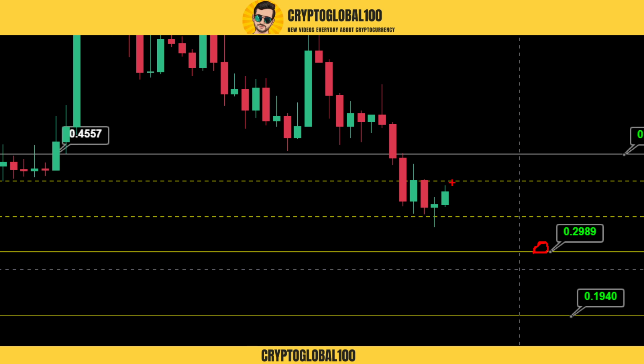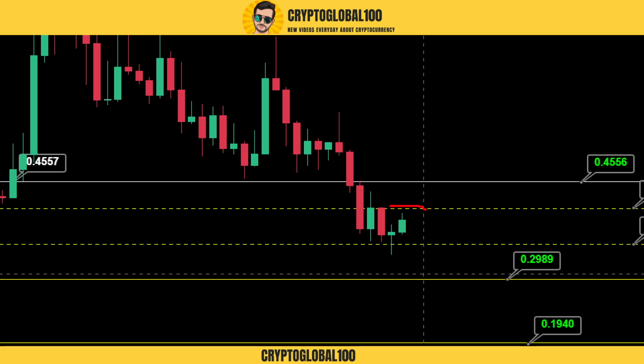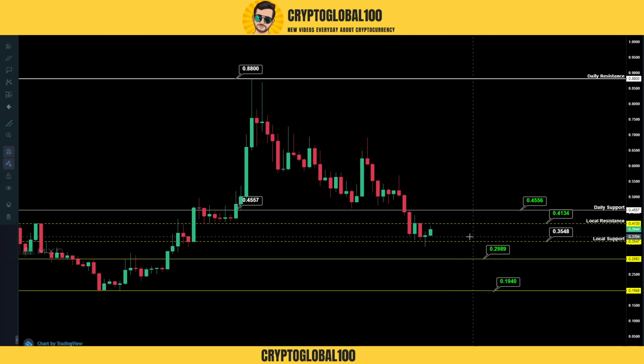Because right now the price is in consolidation phase. During the consolidation phase, it's very hard to predict on what side the price is gonna go, whether it's gonna go to this side or to this side. So we have to look for the price of BTC and the Bitcoin dominance and the altcoins dominance. So what I think right now, if